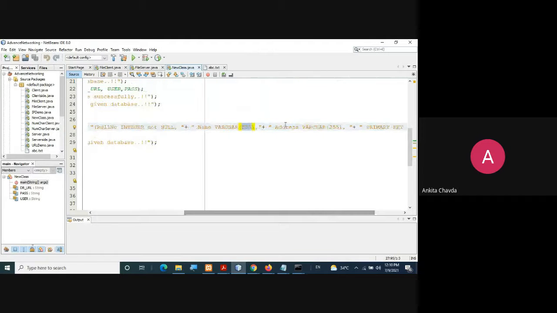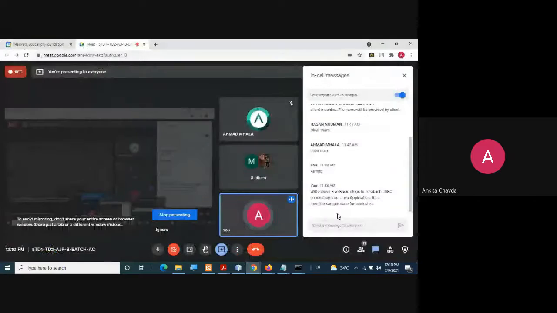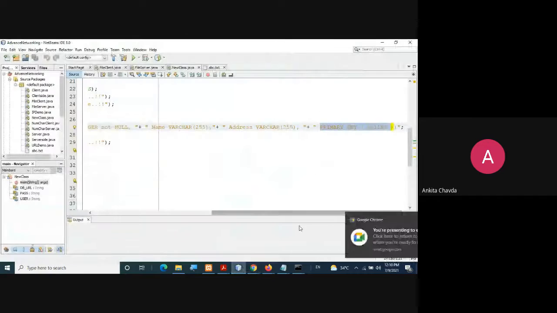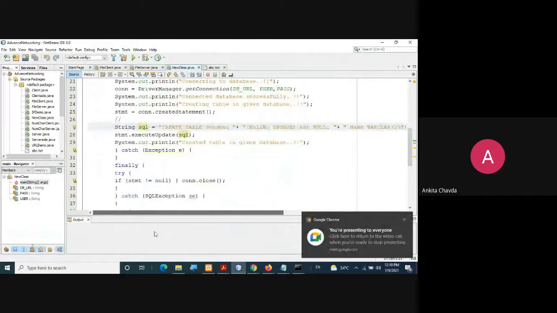Third column, address, is again of the data type varchar 255. And finally, you are defining the primary key as your roll number. Okay, so this is the SQL query you have just written.